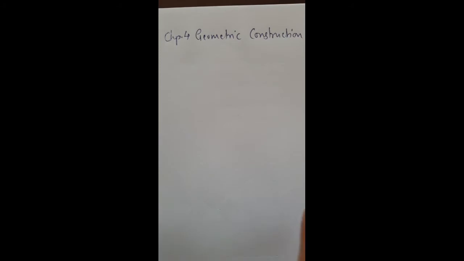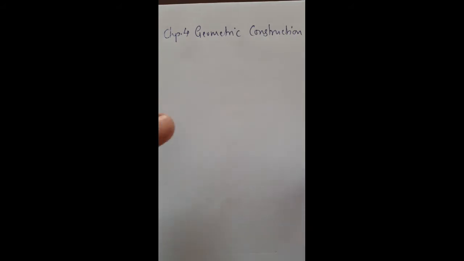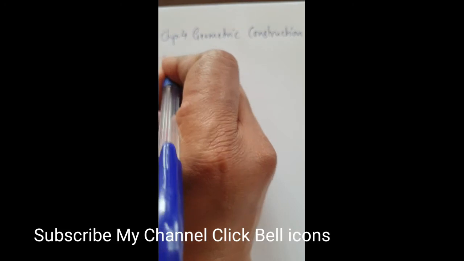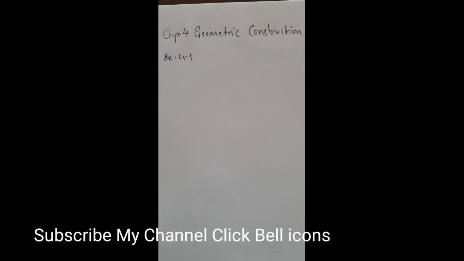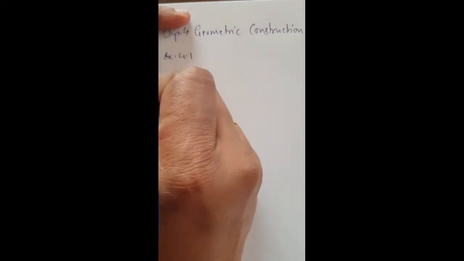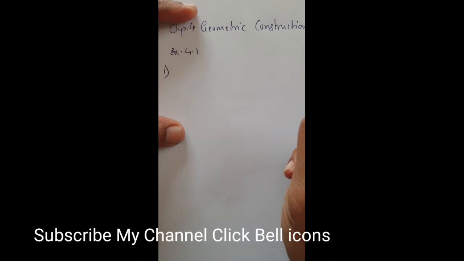Hello students, today we are going to learn about the fourth lesson, Geometrical Construction, Standard 9th. Here we are going to construct the special type of triangles, where two sides and the base of a triangle is given. So exercise 4.1, first one,